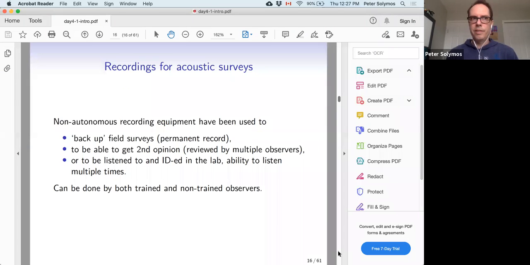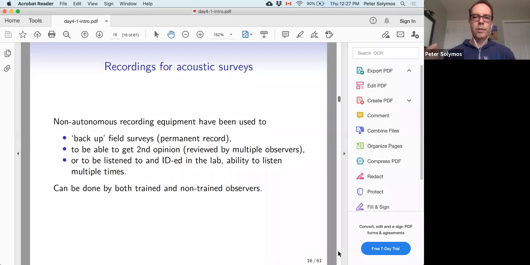So far, we've discussed human-based point count, but sometimes you make a recording in the field so that you can go home and verify some of what you collected, or you don't even record species in the field. You do that all at home in the lab. So this is a different kind of data set because the